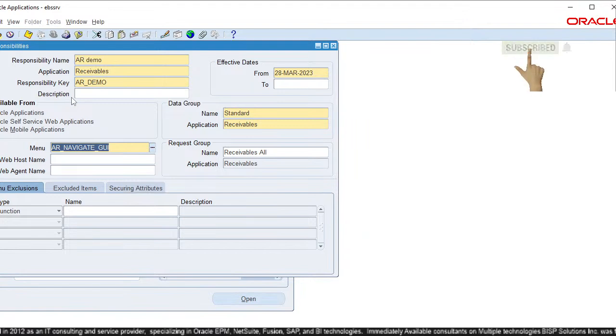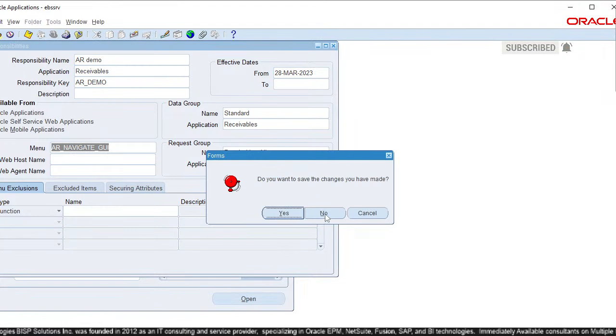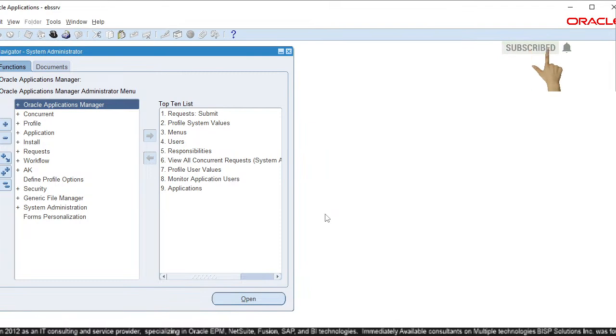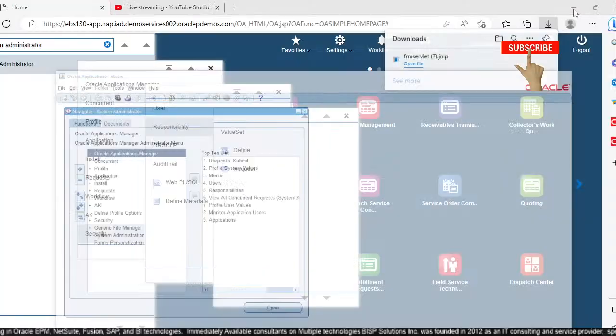I have shown both. I have shown how you can create from the scratch, and I have also given the overview of the responsibility which was already there of the receivable vision operations, which I'm going to use further here. Then after just creating a responsibility, I'm not saving this because I'm going to use the already created vision operations. So for demo purpose, I have just shown how you can create from the scratch. Now the next thing, if I will move to my PPT,